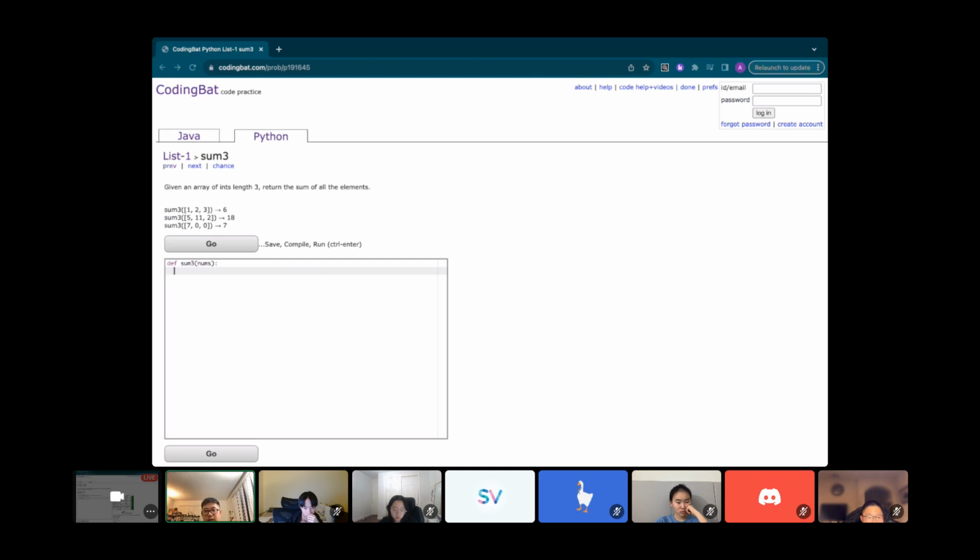The next one is sum 3. For this one, we're going to be given an array with 3 integers, and we basically just want to return the sum of all the 3 integers inside of our array. So we're going to go to the return statement, because there's actually a function that we can use specifically for this, and we can just return the sum of nums,